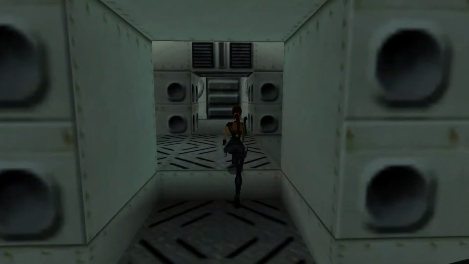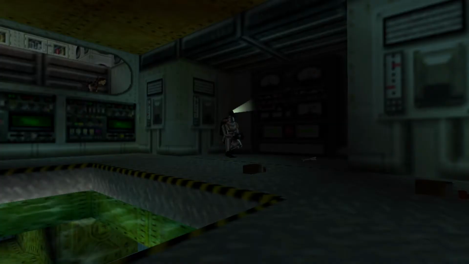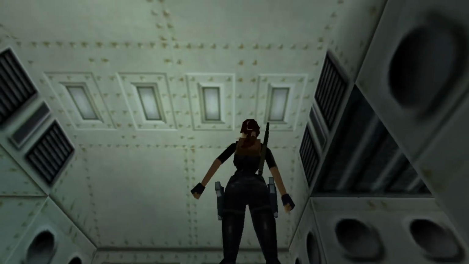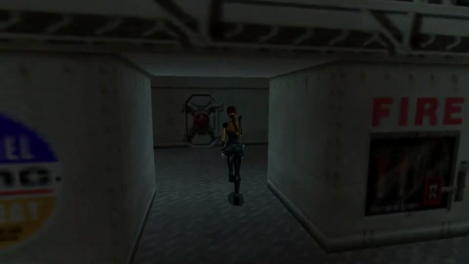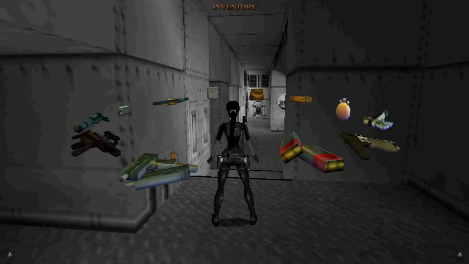So collect those and then head down the corridor down into this little, I guess this is an alcove as well, and you can pick up some flares. And you get an interesting camera angle of a diver dude who we're going to encounter shortly. So then come round into this corridor, follow it to the right and then to the left. And before you head into the next corridor, take out your